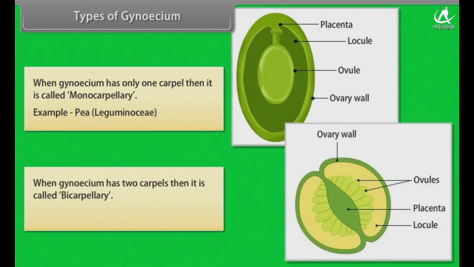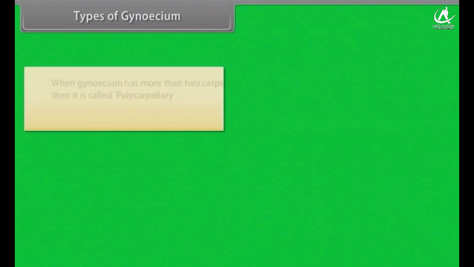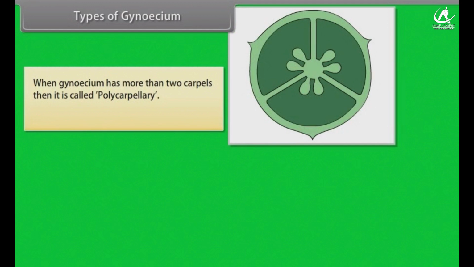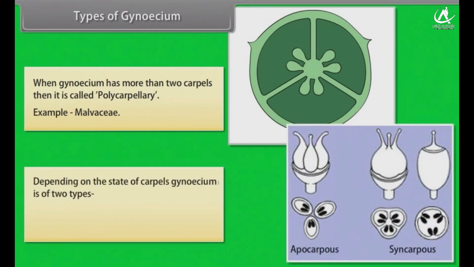When gynoecium has 2 carpels, it is called bicarpellary. Example: Solanaceae, Cruciferae. When gynoecium has more than 2 carpels, it is called polycarpellary. Example: Malvaceae. Depending on the state of carpels, gynoecium is of 2 types: